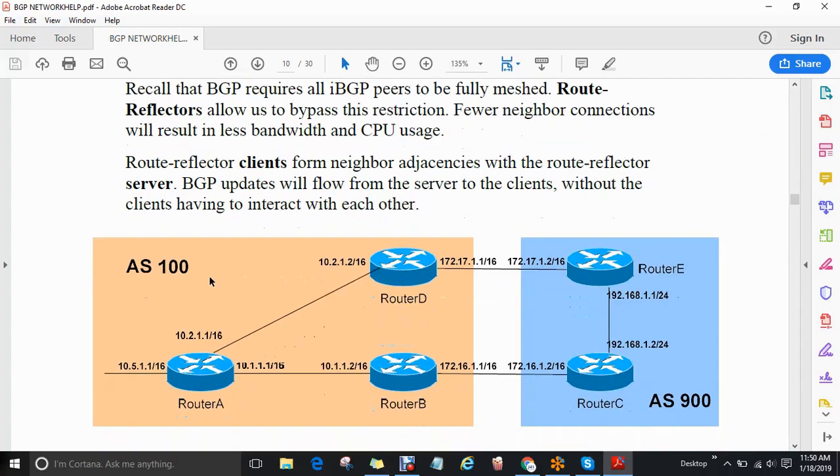So this is your diagram. In the diagram, we have AS100 on one side and AS900 on another side. In AS100 we have three BGP speaking routers, and we have configured BGP here. At that time, every router should share the routing table with each other. If there is any restriction, then we have to configure the route reflector in the network,